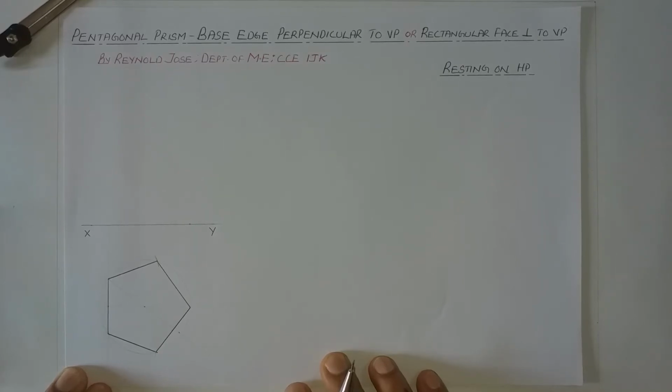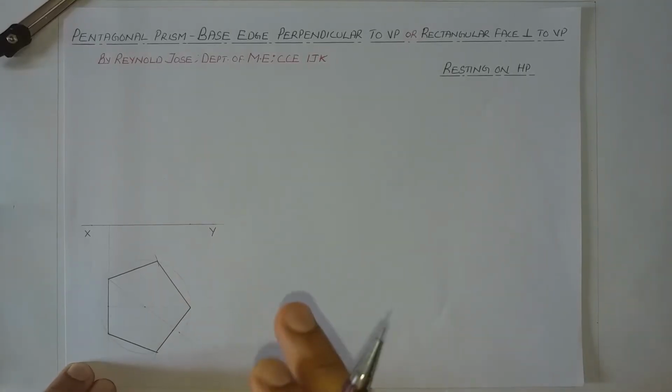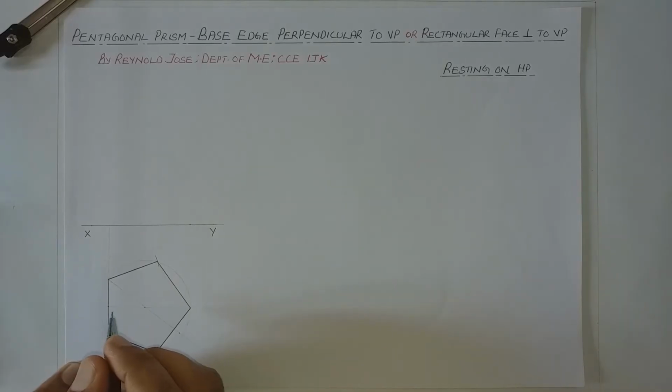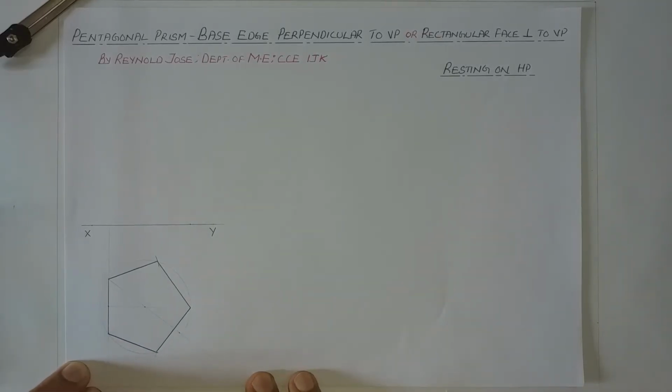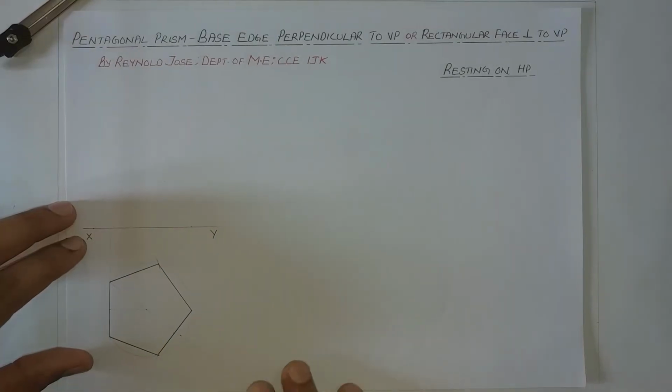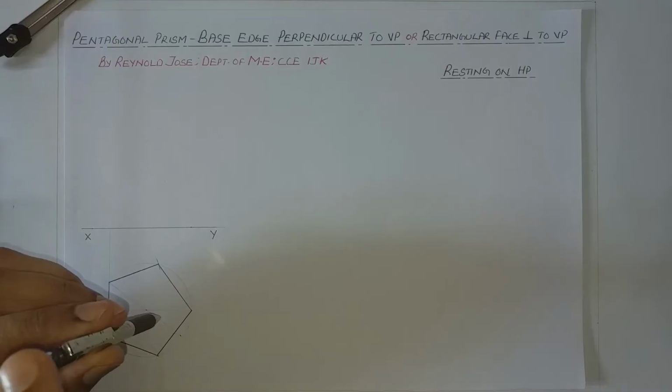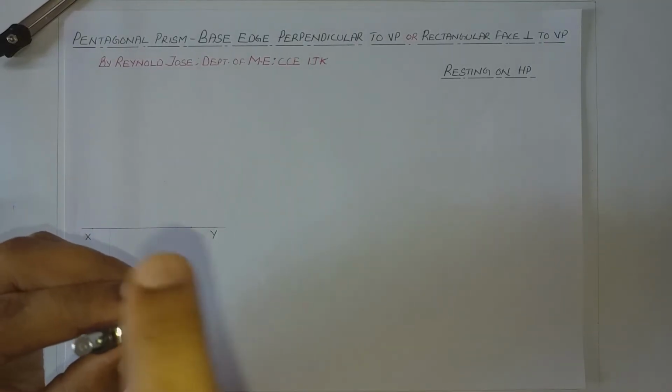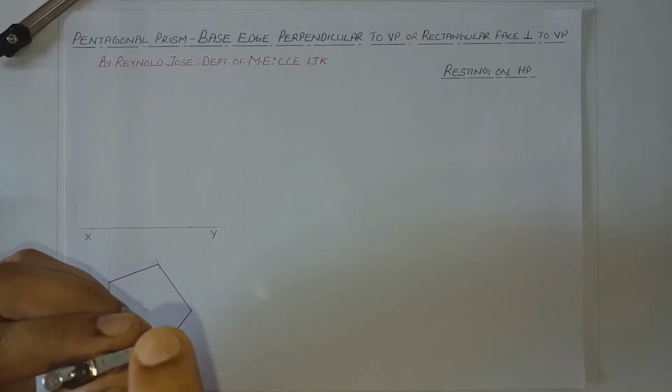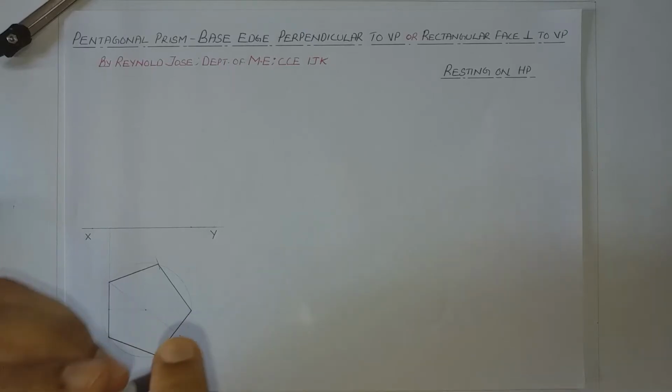Here we don't have slanting edges from the center. Now we shall name the prism starting from this particular point. For a pentagonal prism, we have 5 corners on the top and 5 corners on the base, so totally 5 plus 5, 10 corners. When you are observing it from the top, you can see around 5 corners. So we shall mark those visible corners.